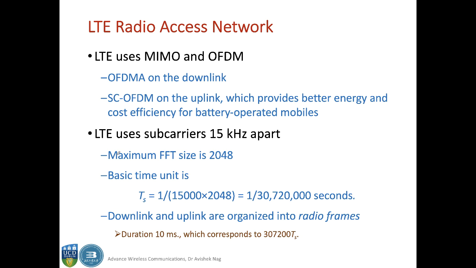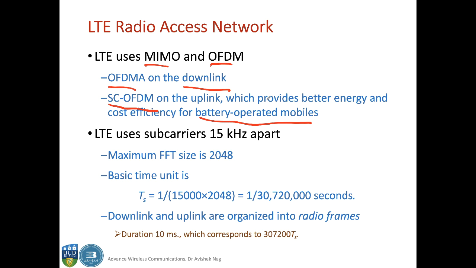Okay, so let's move on with the LTE radio access network. LTE uses MIMO and OFDM. You have come across this information before, so let's look into the details of that. Usually the OFDM part is used on the downlink. And for the uplink, there is single carrier OFDM, which provides better energy and cost efficiency for battery